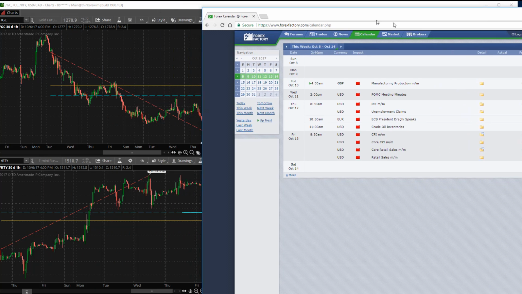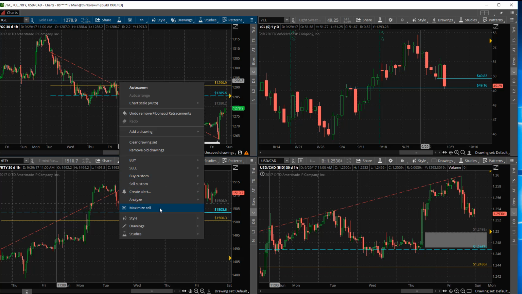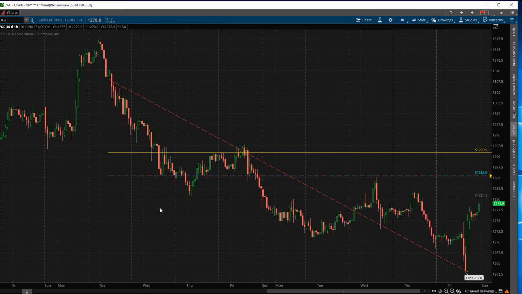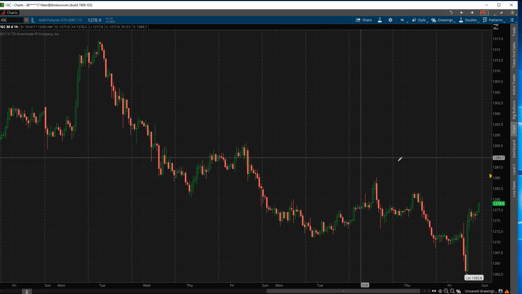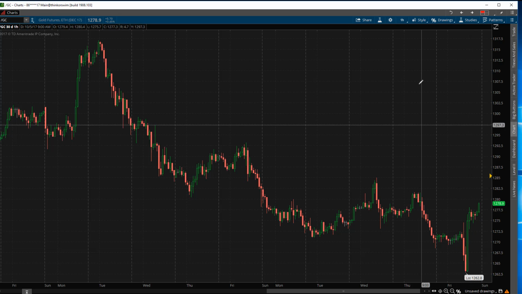Let's take a look at a couple of markets here. I'm going to be focusing on oil, gold, the Russell, and USD CAD. I would like to start off with gold here. Now, if you take a look at this chart, one of the things that I noticed on this move on Friday is that we had a pretty sharp down move that began just as the NYSE market was opening, coming out of those unemployment numbers on Friday. And then we completely reversed and closed at the high of the day in gold.